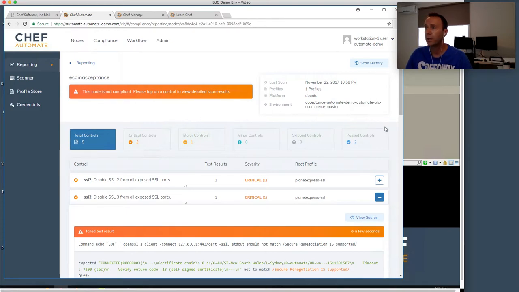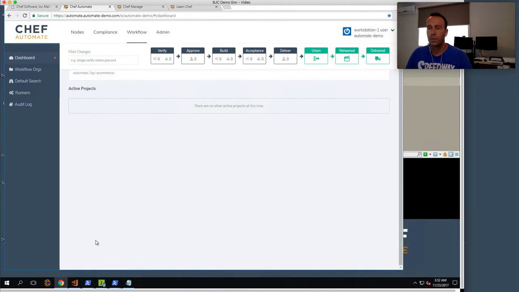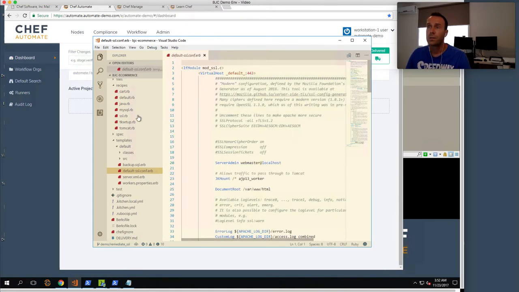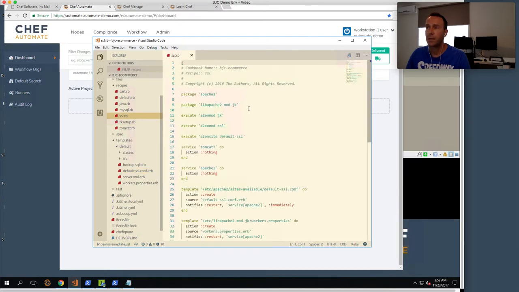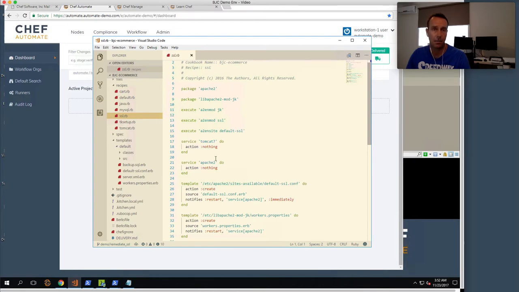So how do we go about doing it? Well, let's go and fix these, and we're going to use the integrated workflow, or continuous integration, continuous delivery pipeline, that's actually part of Chef Automate. So that comes as part of it. It's completely standard. In order to go and fix this, we'll jump into a code editor. Now I know where this particular error is, and we knew that it was something to do with the SSL, right? So we have a recipe which has applied on these Ubuntu machines all of the SSL and TLS updates,